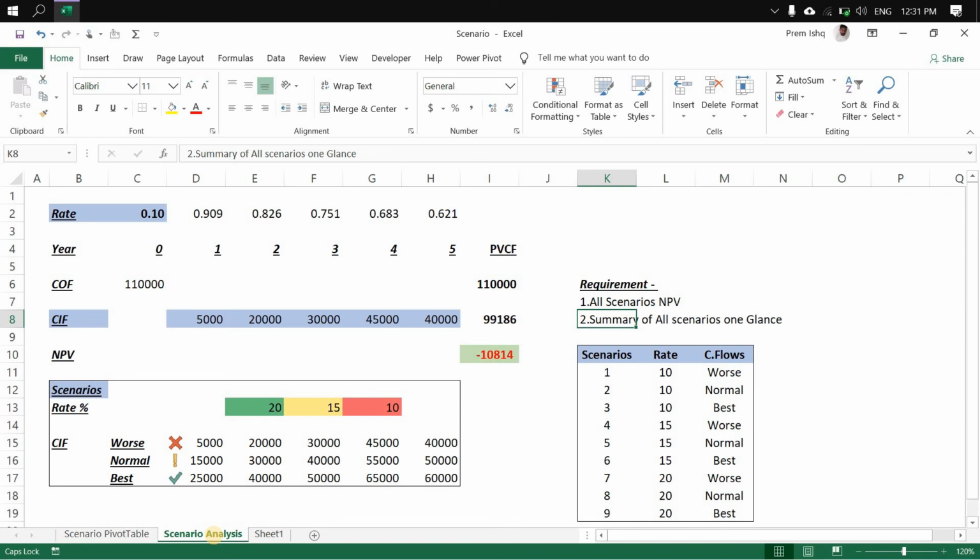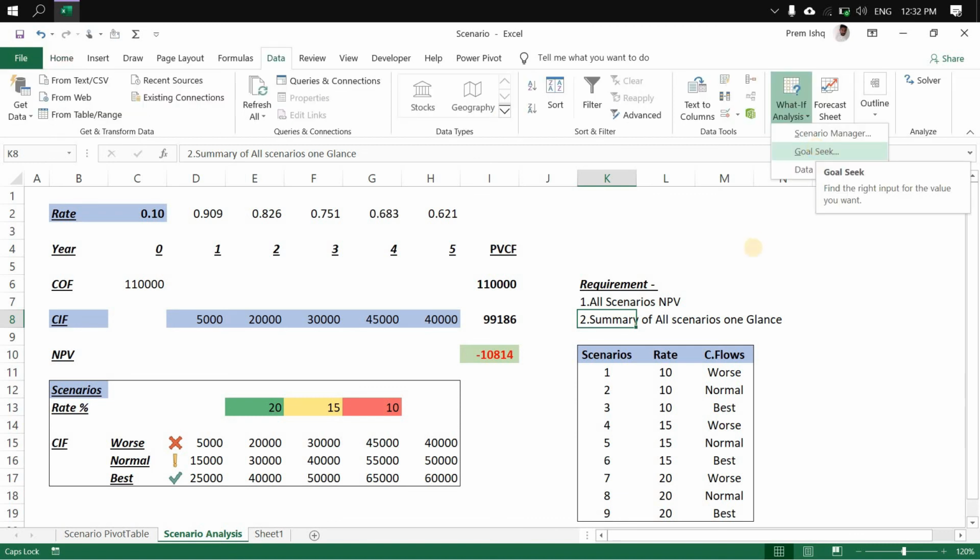Further, applications of this will be on sales forecasting. You can use different growth rates to estimate your future cash flows or future sales volumes. You can even use it for calculating the commissions and discounts. What if this is the sales volume, this will be your discount rate. What is the volume of discount or cash commissions that you are going to incur? So these are the wide applications of scenario manager. Hope you got a good introduction about scenario manager.